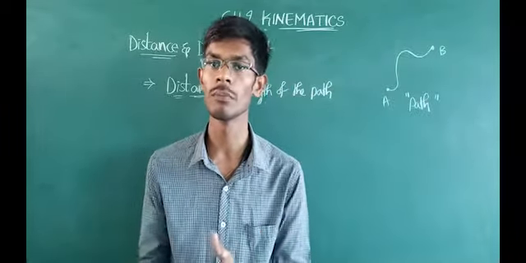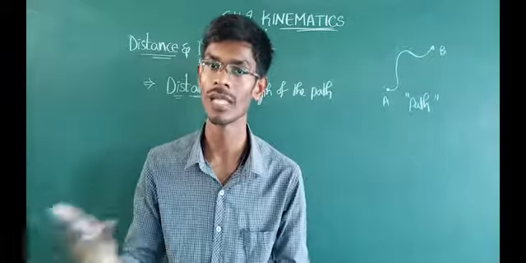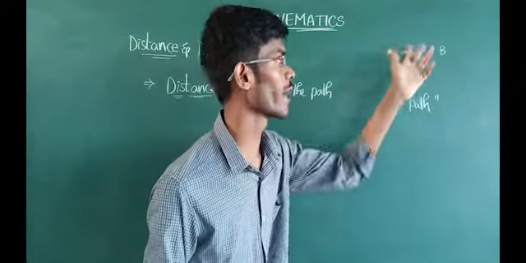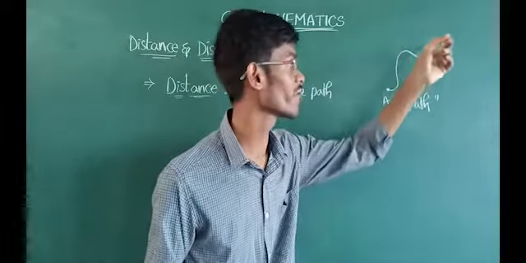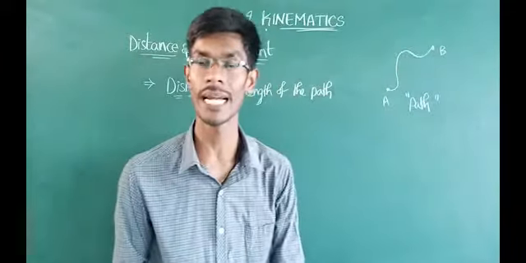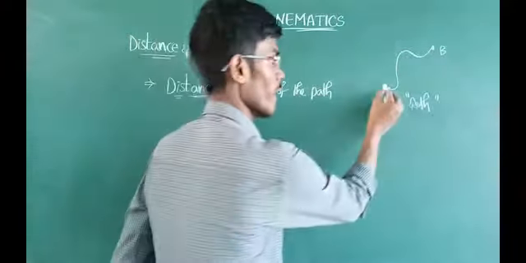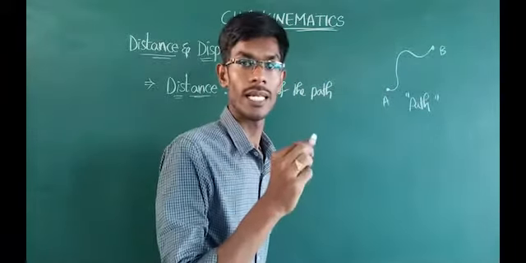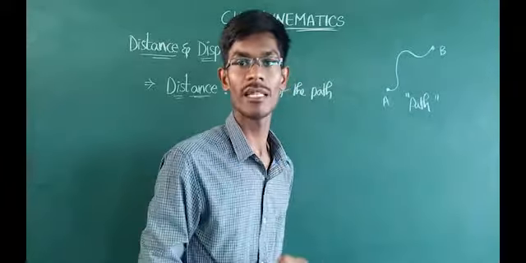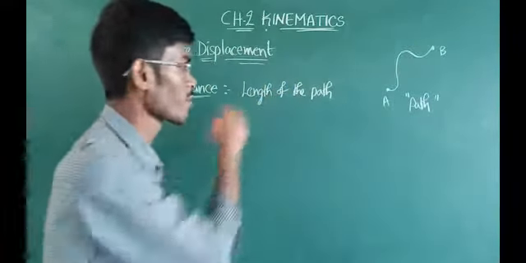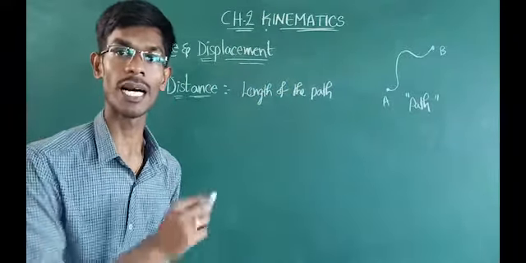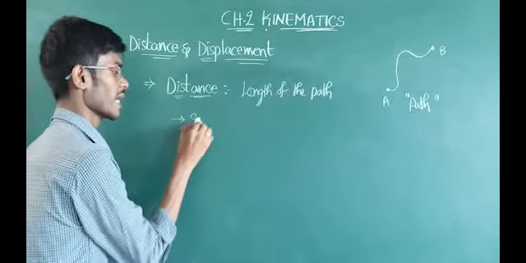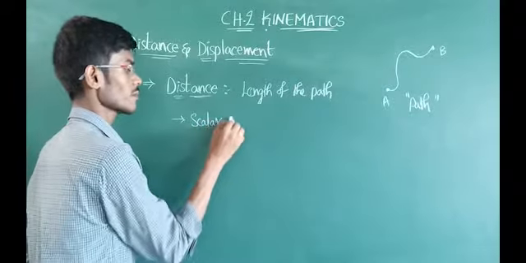What are successive points? Successive points in the sense those points should exist in the real world. Suppose school to home, school and home, that are existing. So that's what we will call successive points. The line joining in between these two successive points we will call it as path. So we are joining the 2 points, and here it will be having some length, right? The length of this path we will call the distance. So here distance is a scalar quantity.